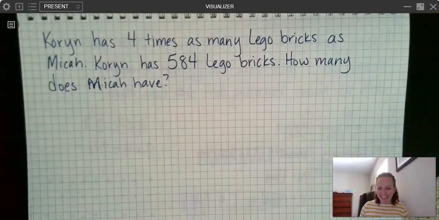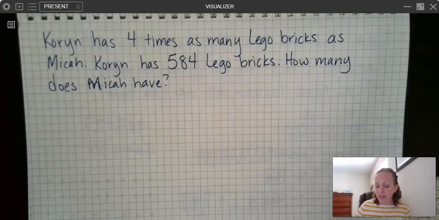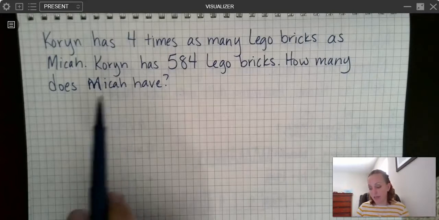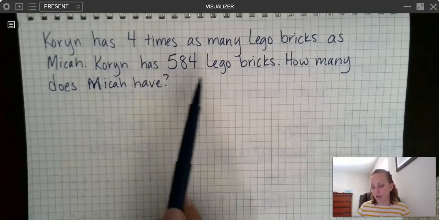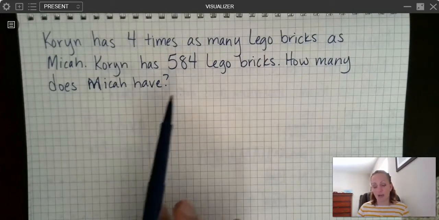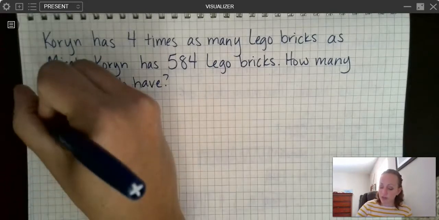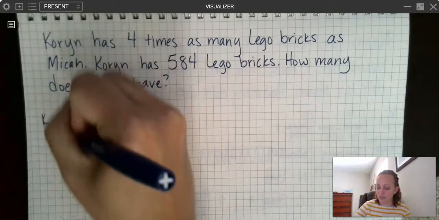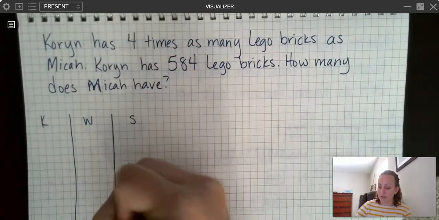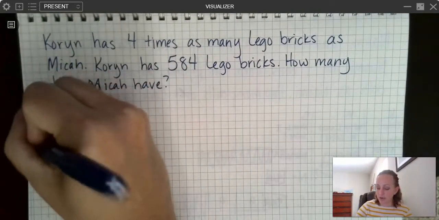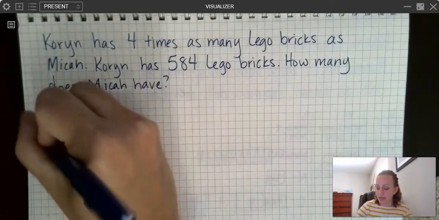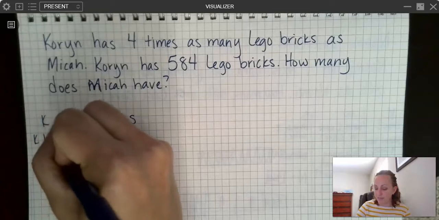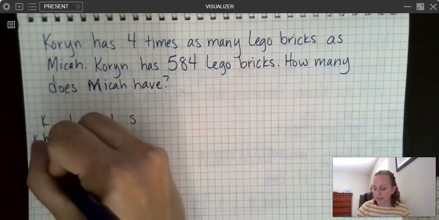All right, let's try this again. Corin has 4 times as many Lego bricks as Micah. Corin has 584 Lego bricks. How many does Micah have? All right, so if we do our KWS chart, okay, what do I know? I know that Corin, I'm just going to write K, has 4 times as many